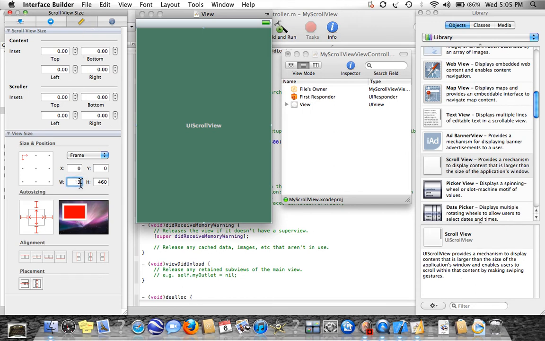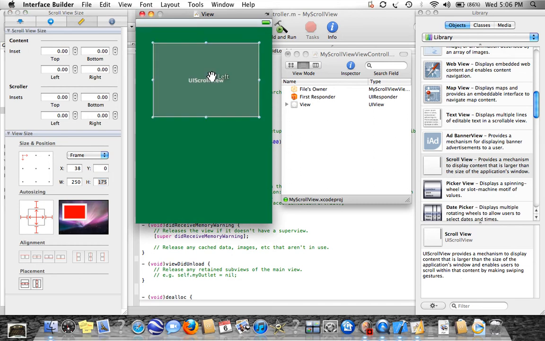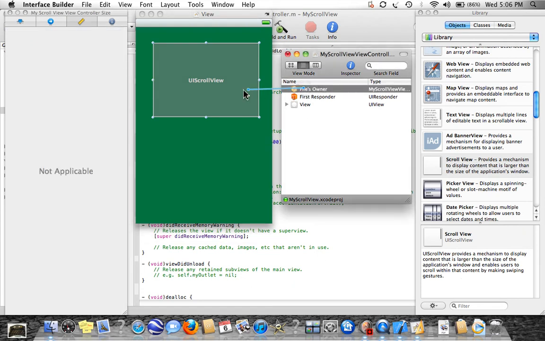in here you want to ensure that this is 250. However, on the height, our scroll view is 500. But whatever you set this to, it doesn't matter. We can set it to 175 if we'd like. And this doesn't affect the code that we wrote earlier, the 250 by 500 code. So we want to click, drag it to the scroll view,